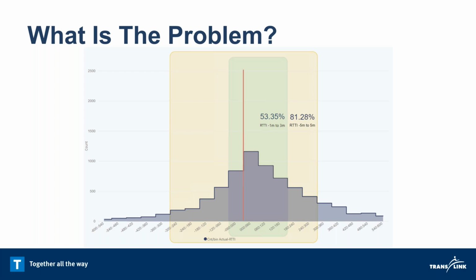Now, as you can see, only a little more than half of the RTTI predictions fell within the green window, and about 80% of the RTTI predictions were in the OK box. This means close to 20% of all predictions were in the dark, hence the angry tweets. Clearly, we needed a better way to generate predictions.